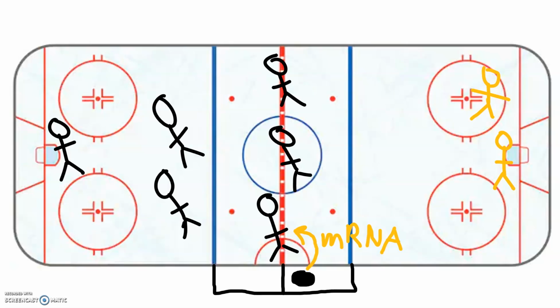Then, the next thing I like to think of is the center and the winger. So the center is going to be the rough ER, and then the winger here is going to be the smooth ER. So the rough ER is going to synthesize proteins, and then the smooth ER is going to synthesize lipids. So let me get my pen here. Once we have those proteins and lipids, I like to think of them as pucks. So once they're synthesized, if they have the puck and they're skating towards the net and then they shoot it, say they shoot the puck at the goalie,